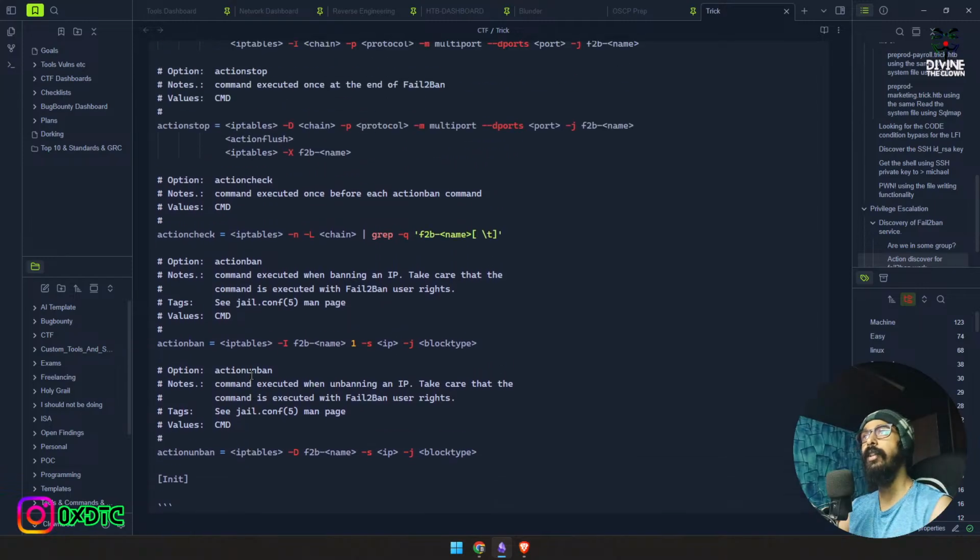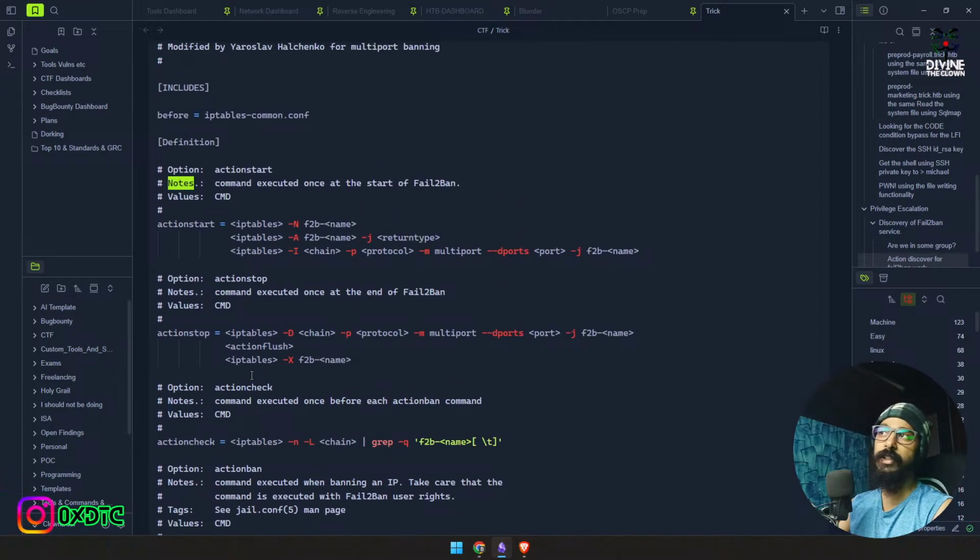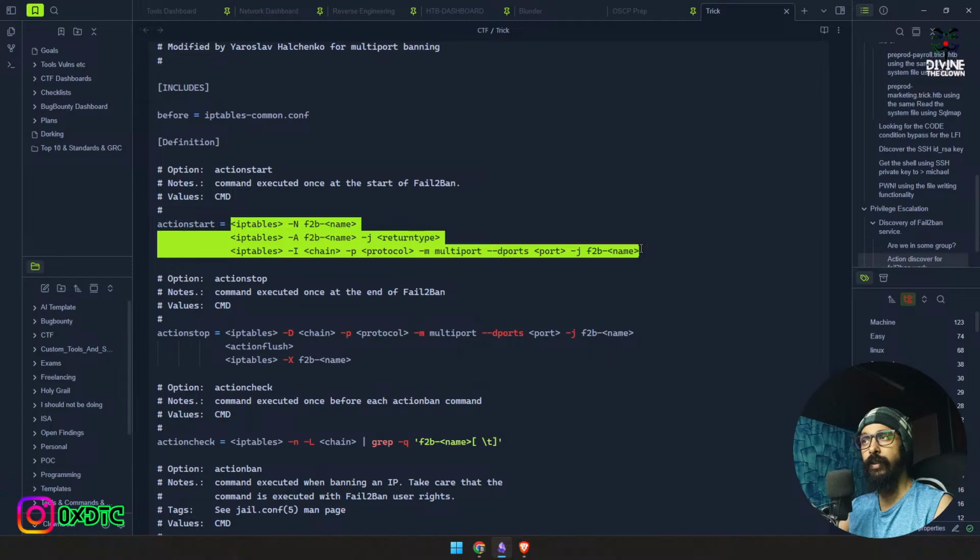Because if you see, whenever the ban action triggers, it has to start from somewhere, so it's gonna start the action over here. We can put the RCE or maybe a small shell script, or maybe the chain of commands that will help us